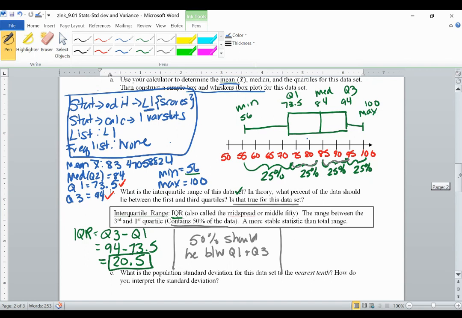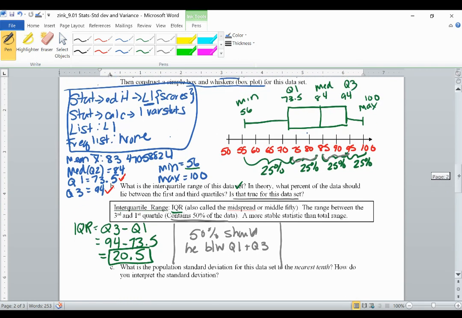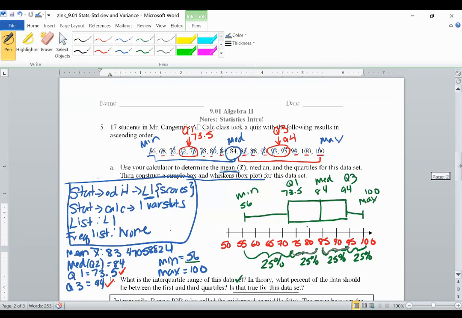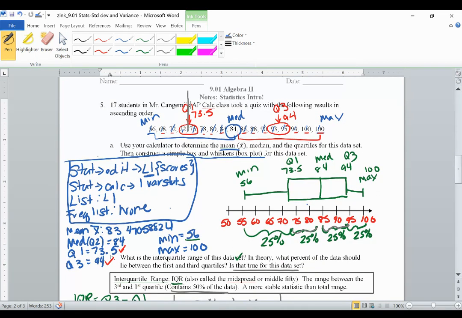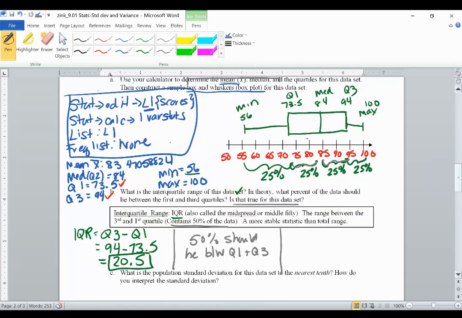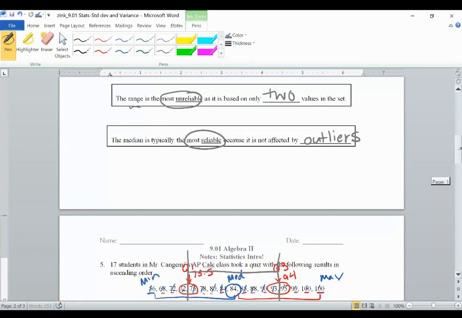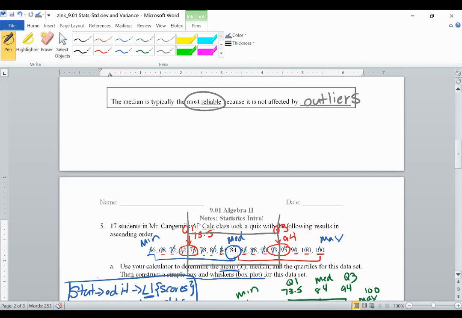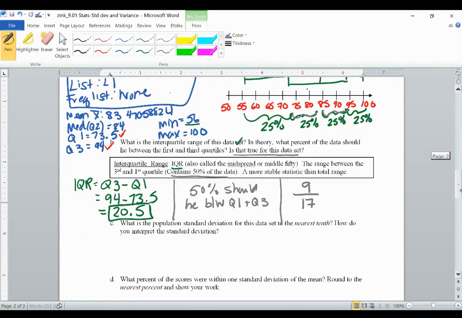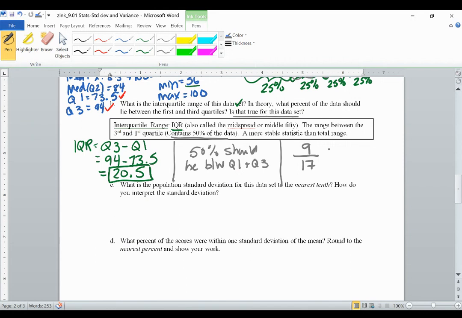Well, to figure that out, we need to figure out how many pieces of data are between quartile 1 and quartile 3. So I'm going to go back to the list right here. So I'm looking at quartile 1 is right here, and quartile 3 is right here. So I want to count how many pieces of data I have between those two numbers. So 1, 2, 3, 4, 5, 6, 7, 8, 9. I have 9 pieces of data out of a total of 17. It said there were 17 students, or you can count them, or on your calculator, N should be 17. We said 17 students. So 9 out of 17, you can do that right in your calculator and change it to a percent, and that's about 53%,